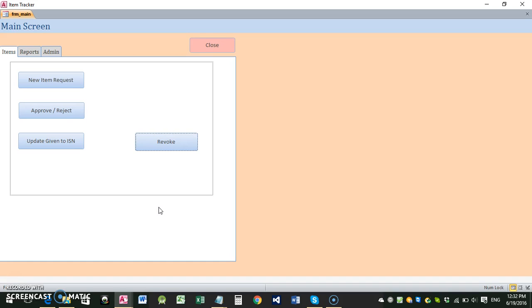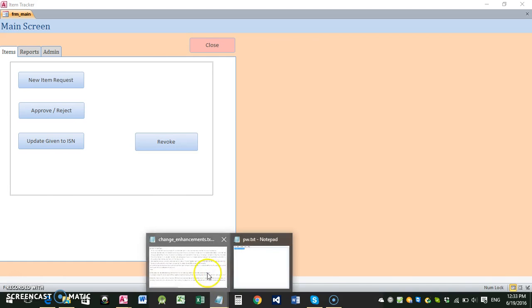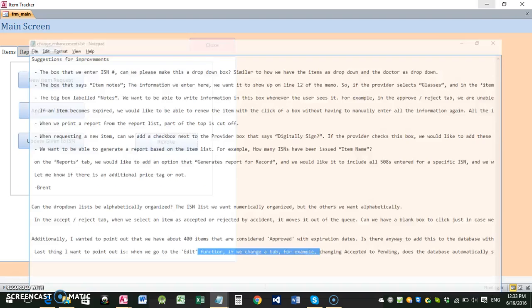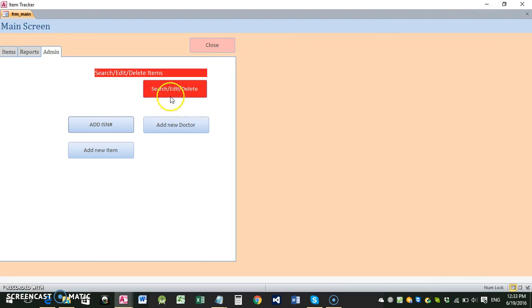Otherwise, you may have to develop an application that may take about 1 or 2 days. It's a big job developing an application. So let me know if you require an application, and accordingly we can work on it. And to point out, we have 400 items here. Then, when you go to the edit function here,